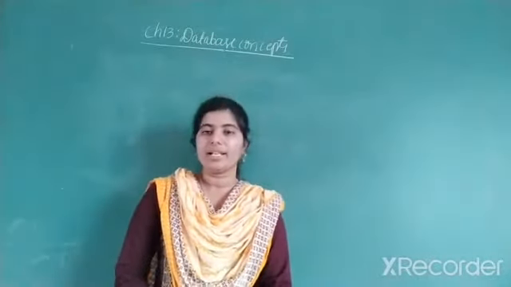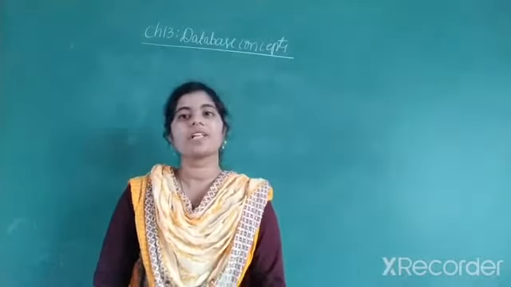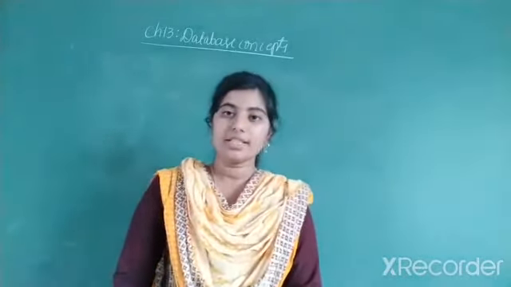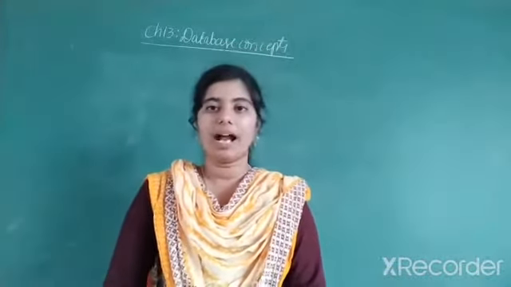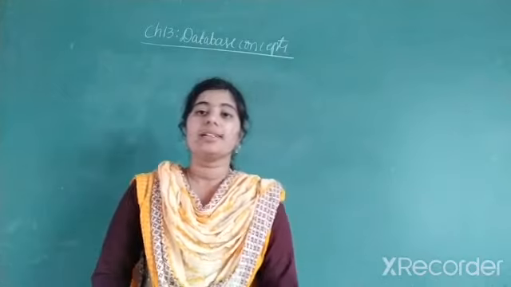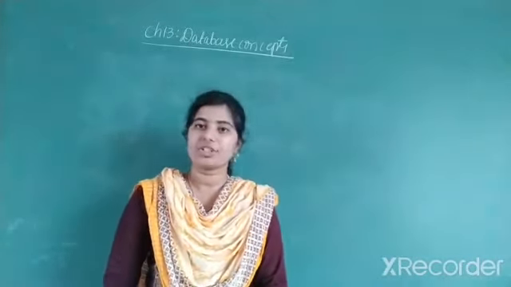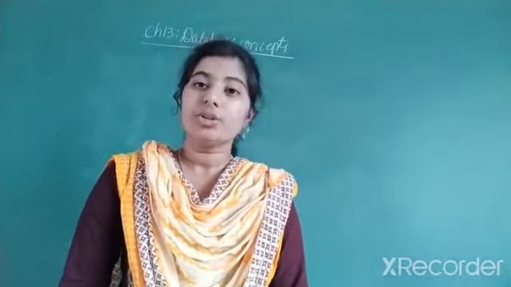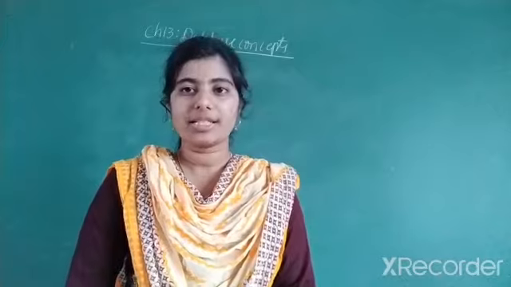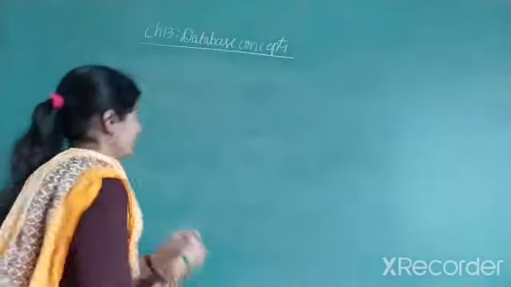In case of binary relationship, again it is classified into mainly three types, a very important concept, that is one-to-one relationship, one-to-many relationship, and many-to-many relationship. The definitions for all these types and the diagrammatic representation for all these types we discussed in the previous class. So in today's class, we are going to discuss the topic called participation constraints.